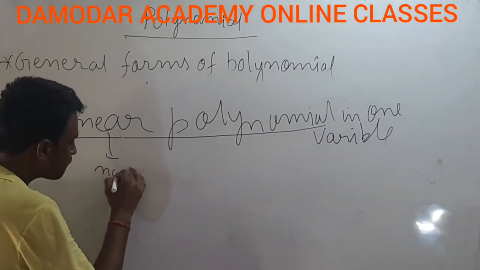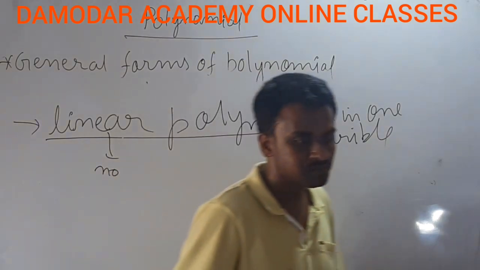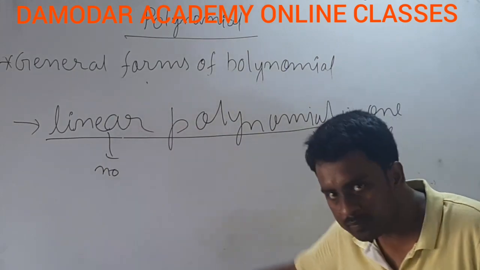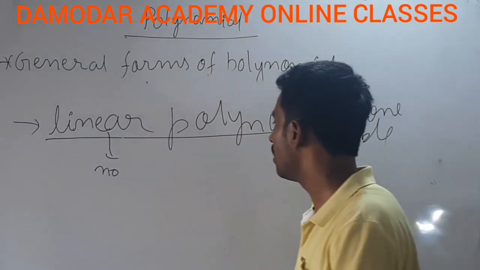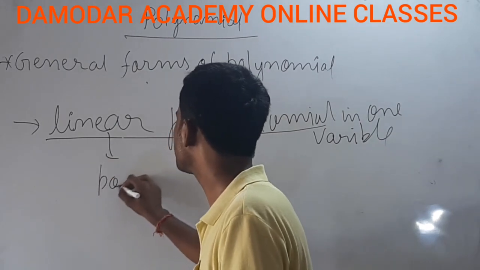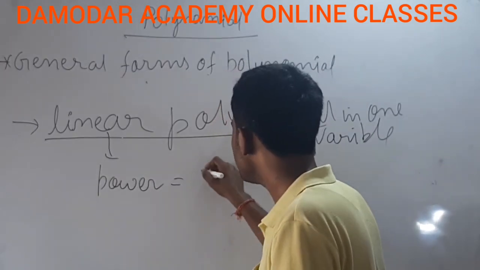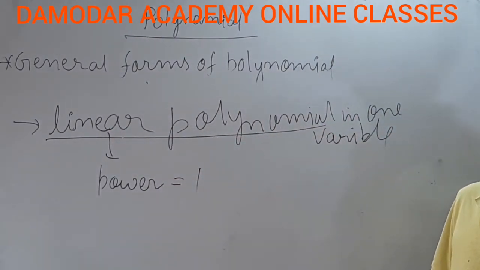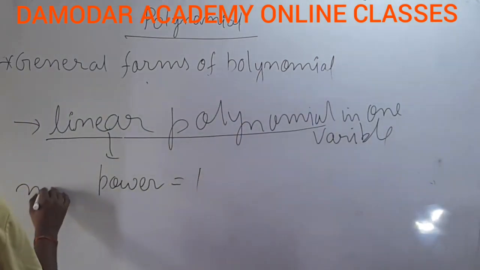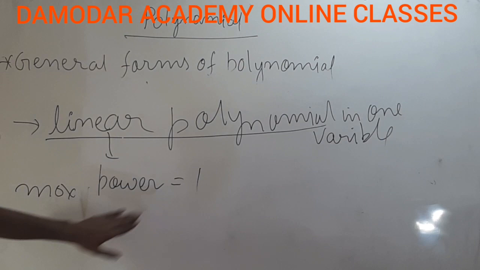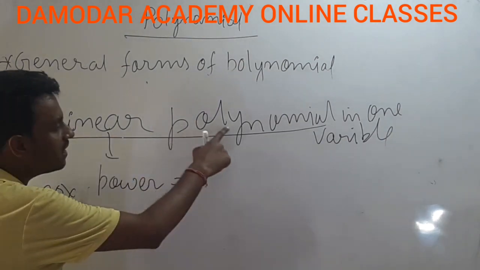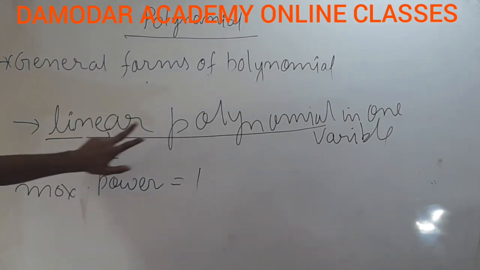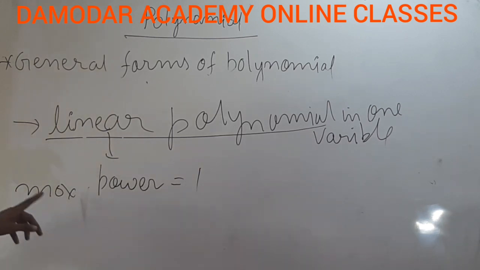नंबर ऑफ वेरिएबल। लीनियर पॉलिनोमियल मींस जो पॉलिनोमियल का जो पावर होगा, वो ऑलवेज इक्वल टू 1। दैट टाइप ऑफ पॉलिनोमियल इज कॉल्ड लीनियर पॉलिनोमियल। मींस मैक्सिमम पावर क्या हो सकता है, मैक्सिमम पावर इज इक्वल टू 1। फॉर लीनियर पॉलिनोमियल के लिए। ये हम लोग पढ़ चुके हैं कि जब लीनियर पॉलिनोमियल हो उसका मैक्सिमम पावर क्या होगा,